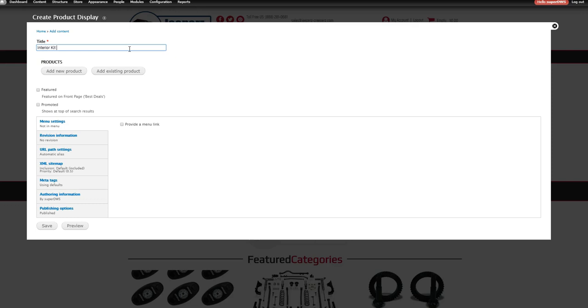so you could say interior kit, cool one, sure, for the title. This is going to be the title for the display. So when a user clicks on a product from your products page, this is going to be at the top of that page. And then the product itself, where you would add, first you pick one of them, so if you have the two colors, we'll start with the gray one first. You would click on Add New Product,